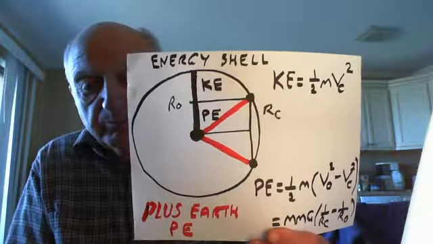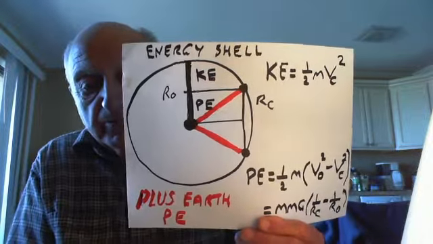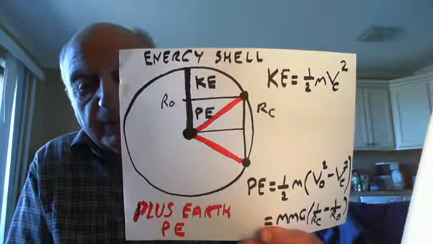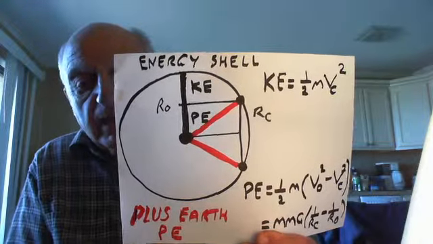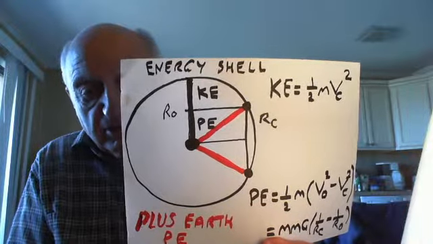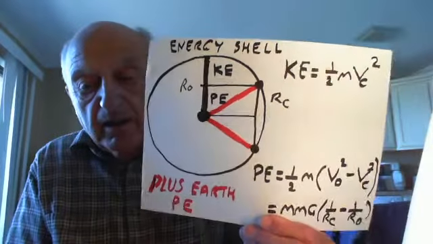I'm not allowing for the relativistic increase in mass. That's very small, but it doesn't affect the theory. The kinetic energy of the moon now is half mv squared, where vc is the circular or the orbit velocity, and this is